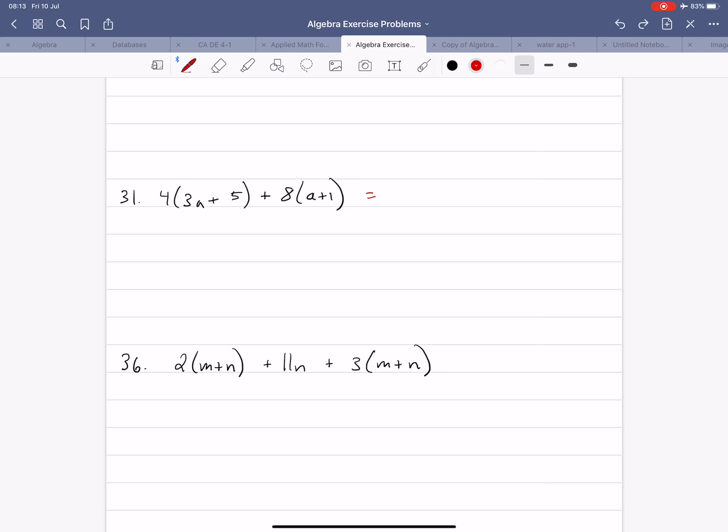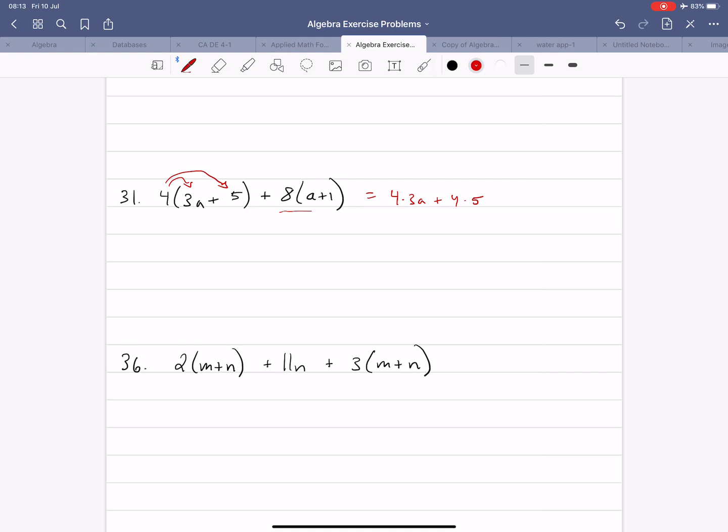So the first thing that I'm going to do is distribute this 4 to both of these terms in the parentheses using the distributive property. So that's going to give me 4 times 3a plus 4 times 5. And then instead of carrying around this 8a plus 1